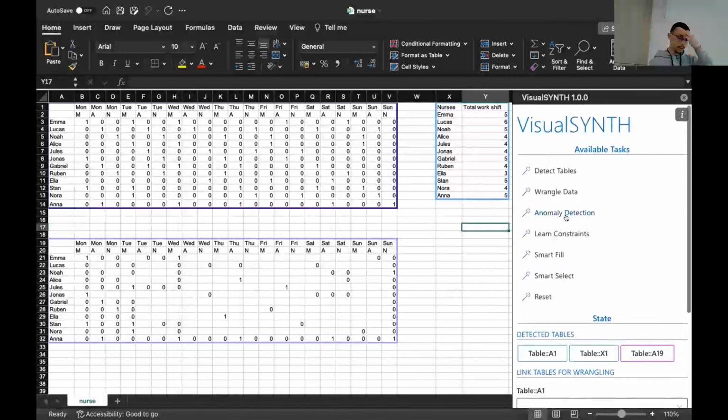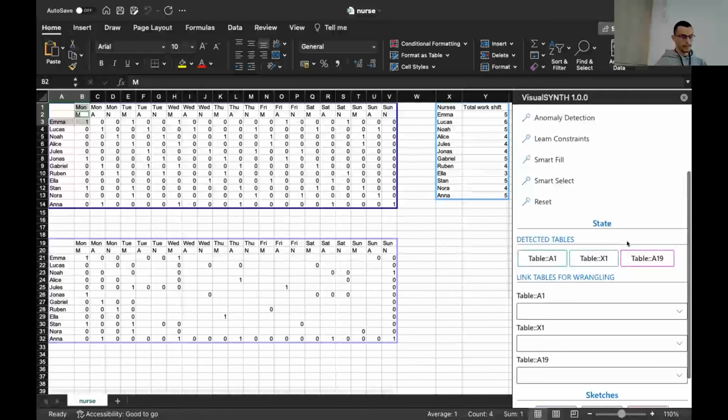The very first thing to do here, as I mentioned, is to format the tables, and we do this by giving a very minimal input to this tool. If I click on the Emma Monday morning and 1, this is actually, if you just have a bit of knowledge to transform this to attribute value, every one of the cells selected here is exactly one specific attribute. So we can imagine that as nurses, days, shifts, and the assignment.